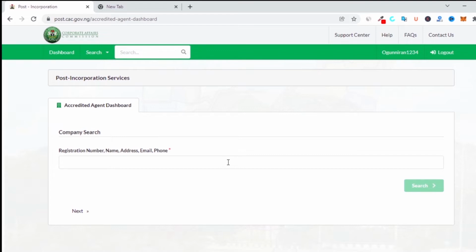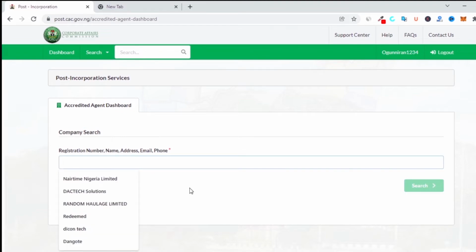Now, the first thing that you normally do, you are supposed to do under the search, is that you type the name of the company, the registered number, or the address, or the email, or even the phone number. So even if you type the phone number, you'll be able to see the company here. If you type the email, but what I do most of the time, I type the registered number. But because I don't have any registered number in mind, so I could just type